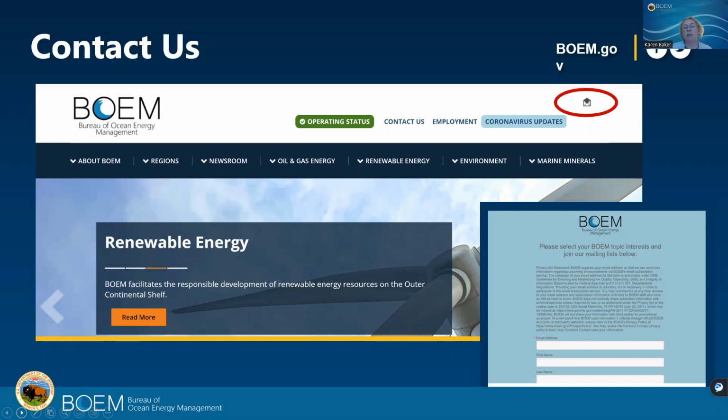But most importantly, I've circled there on this slide in red that little envelope icon. If you're like me and you need a little help sometimes trying to find things on the website, we want to make sure you can find this. If you click on that, you can be added to one of multiple mailing lists that BOEM puts out.